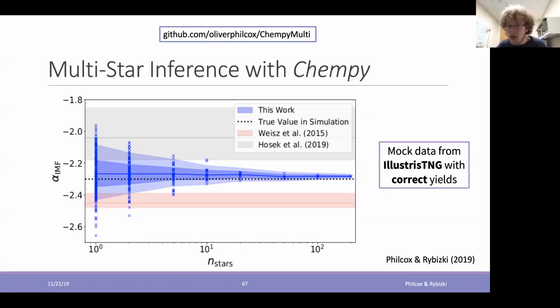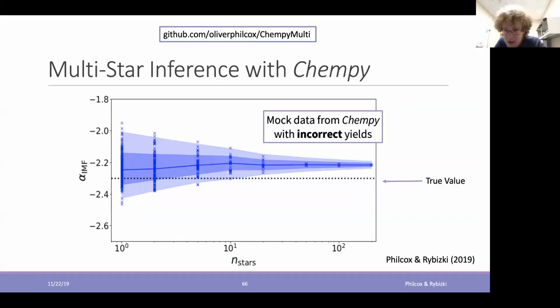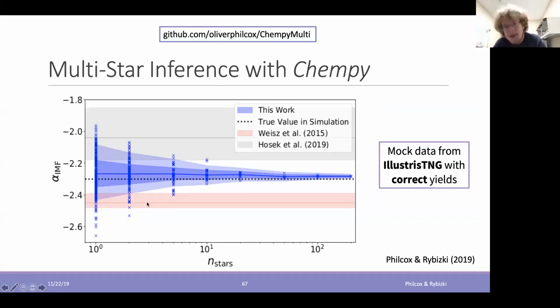Now, of course, we do need to take into account the fact that we have these uncertain yields. As we could see in the previous plot, it gives kind of a 5% deviation. Yet this is still completely comparable with our most up-to-date models of these parameters. So if you're interested in things like constraining galactic parameters, performing multi-star inference like this is a very powerful technique.